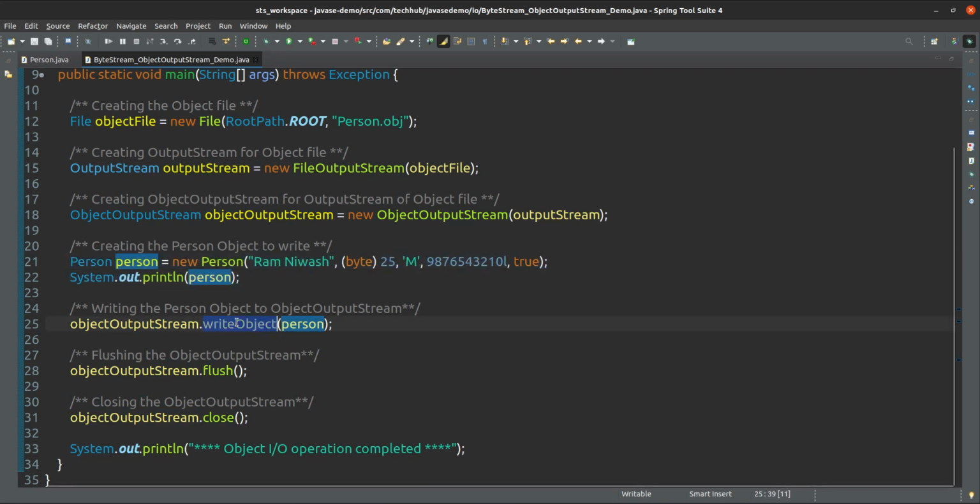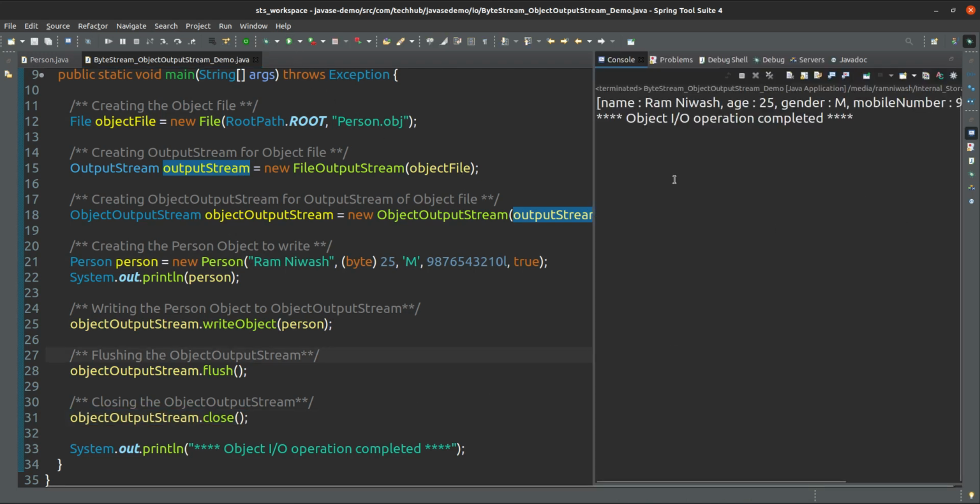So I am writing this Person using objectOutputStream.writeObject. Where will it write? It will write into this output stream, which is pointing to some file available under this directory. So the writeObject method will write the state of this Person object into this file, and after that I am flushing this output stream and closing it. So if I run this, you will see the result.